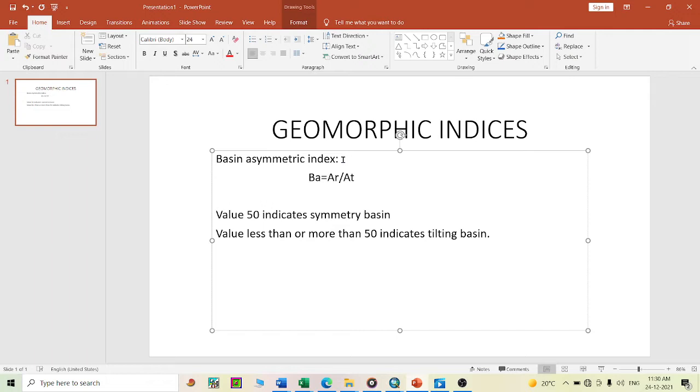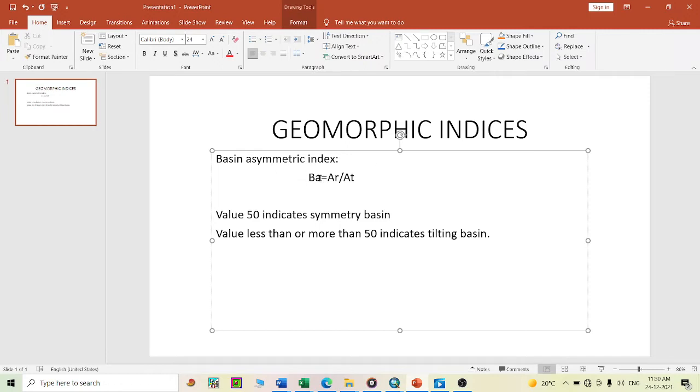For calculating basin indices, researchers developed a formula: BA, that means basin asymmetry index, is equal to AR, that means area to the right side of the river, divided by AT, that means total basin area.